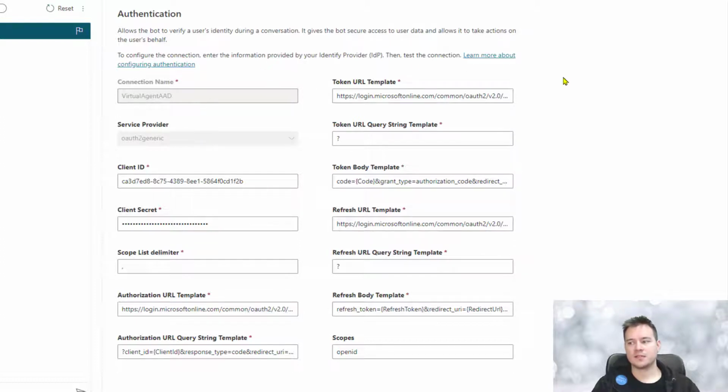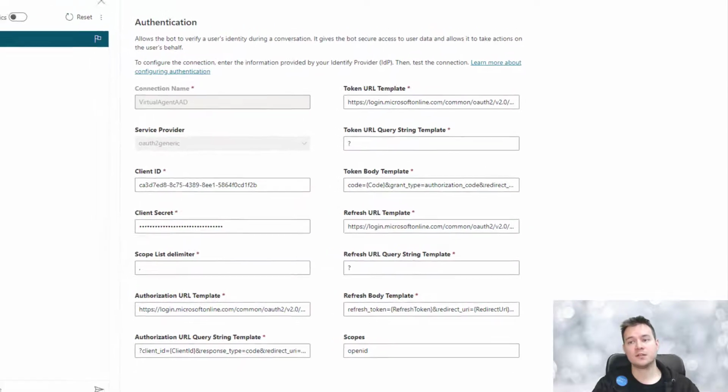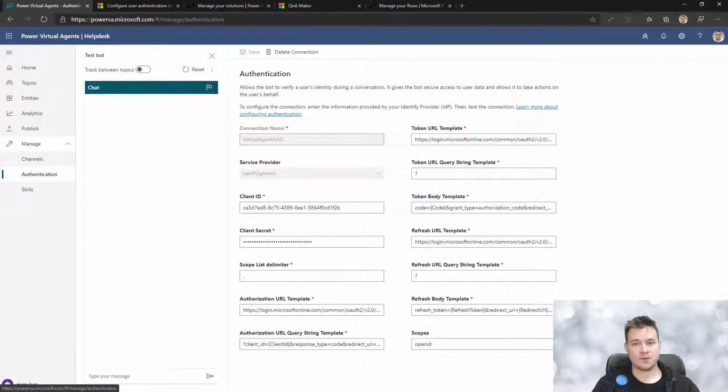In this case, I configured my bot with AAD. It allows you to actually get the user context into your conversation, and then to use the generated bearer token for the user across the conversations, across third-party applications, across Office 365